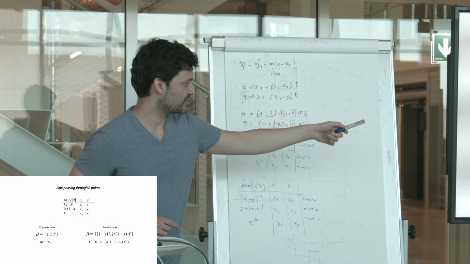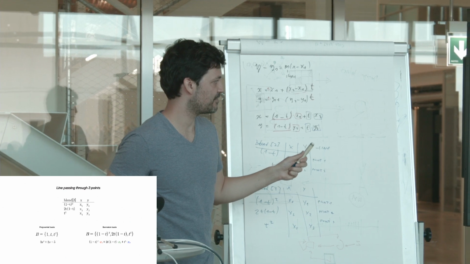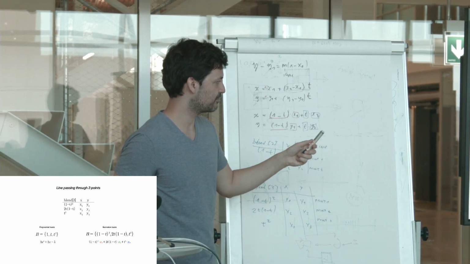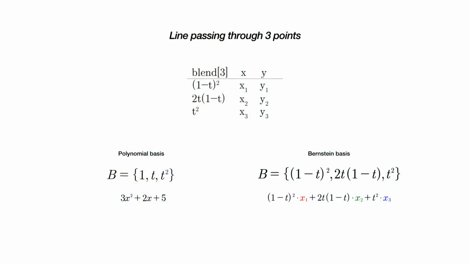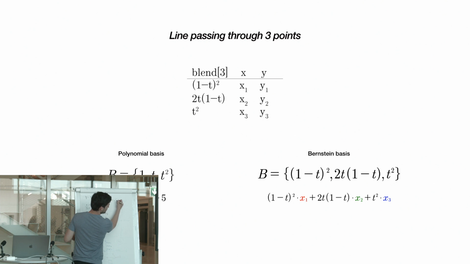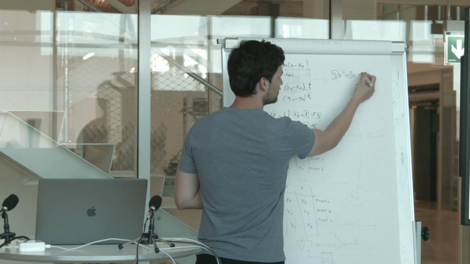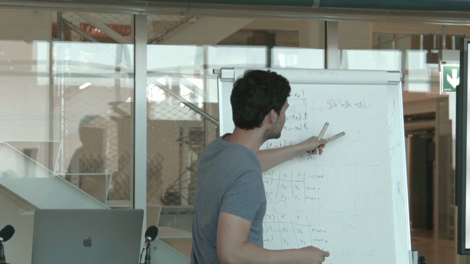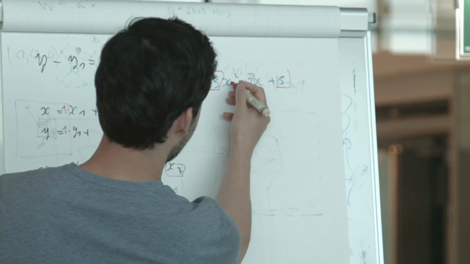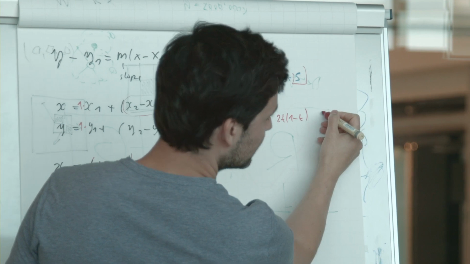And then if you remember how we used to represent a polynomial in a standard form, for example, this 3x squared plus 2x plus 5, you see that each one of them has a very typical basis. And the basis is, for example, if you have 3t squared plus 2t plus 5, first one is t squared, second one is t, and third one is 1. But what changes here is that instead of this basis, 1, t and t squared, you just use this basis, 1 minus t squared, 2 times t times 1 minus t, and t squared. And what's the difference? The difference is if we have, for example, 3x squared plus 2x plus 5 as a polynomial in a standard form, these three coefficients here are just some three numbers. They do not mean much. But if we rewrite the same polynomial, but now instead of x squared it multiplies 1 minus t squared, instead of this one it multiplies 2 times t, 1 minus t, and instead of the last one it multiplies t squared,